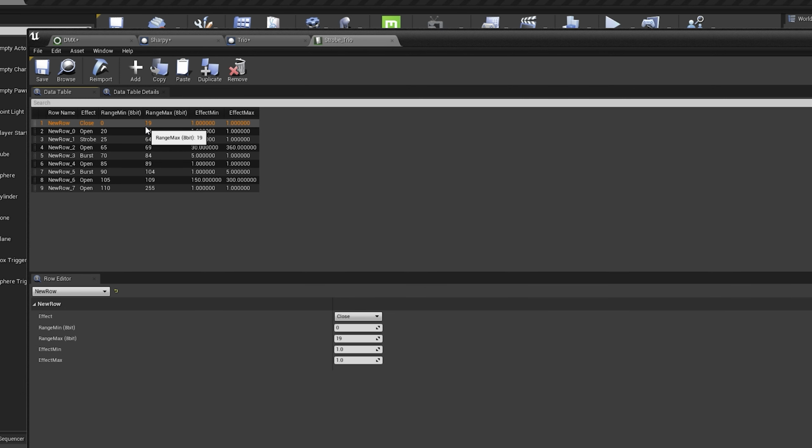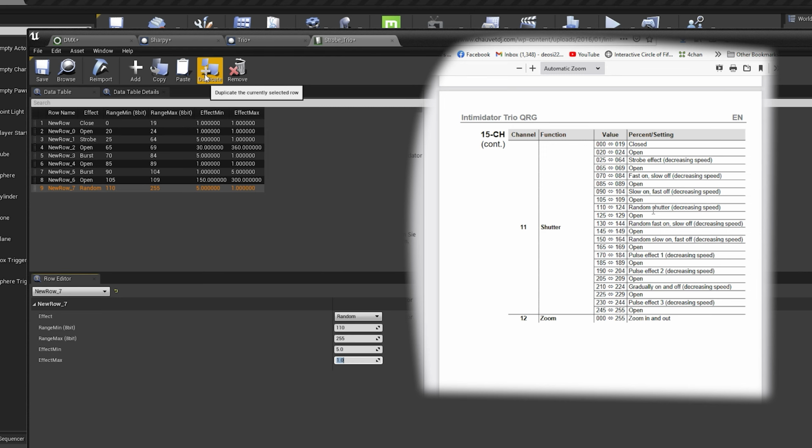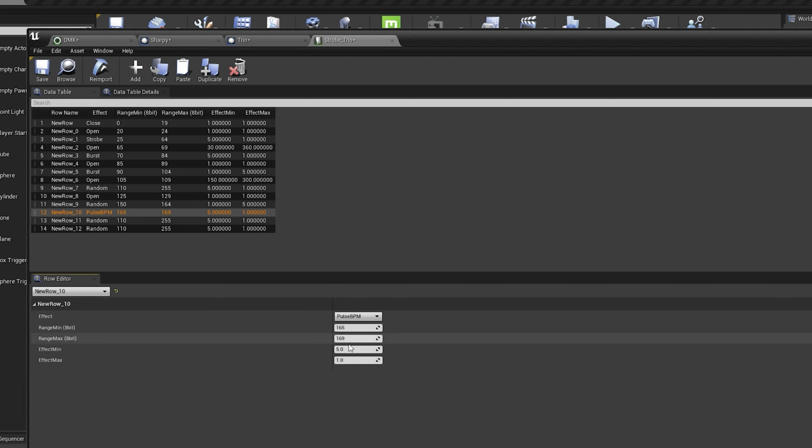Rename it if you want, then open it up. At this point, you will start to fill out your table according to your DMX documentation. I hate doing this, so I'm using a table I had started before, but you get the idea. You will want to adjust the DMX range and strobe type. Not every option in your light might be available in Unreal, so you can either use the closest thing or just skip them. I don't use strobe much yet, so this doesn't impact me too much, but it's good to be able to get open, shut,